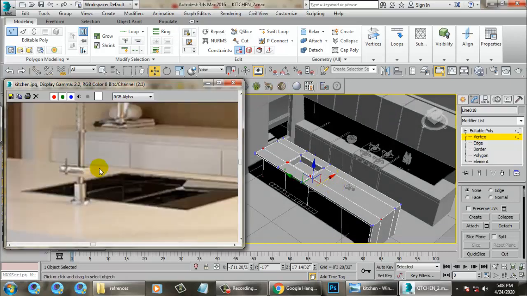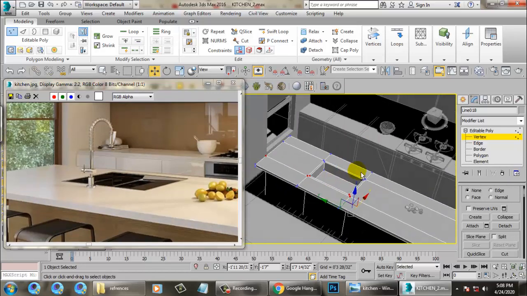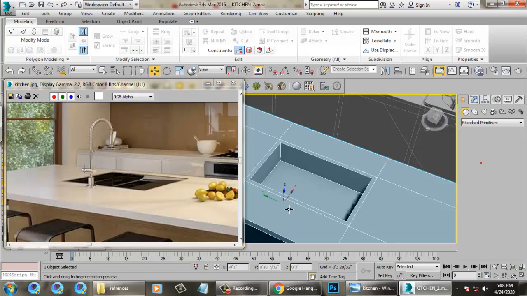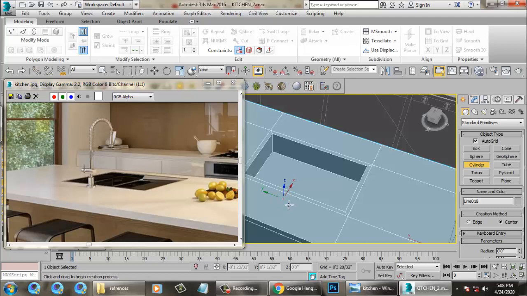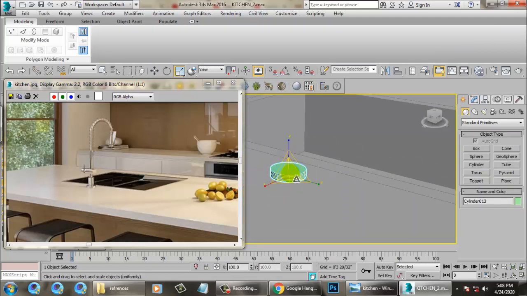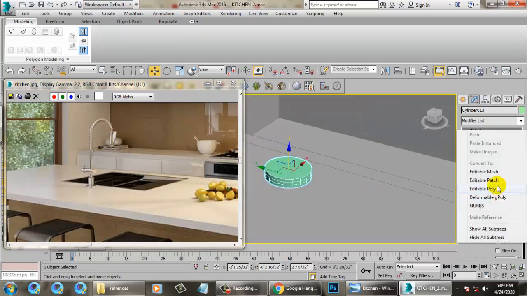For this tap, it's very simple. Let's take a cylinder over here, scale the cylinder, push this down, and reduce the height segments, convert to editable poly.